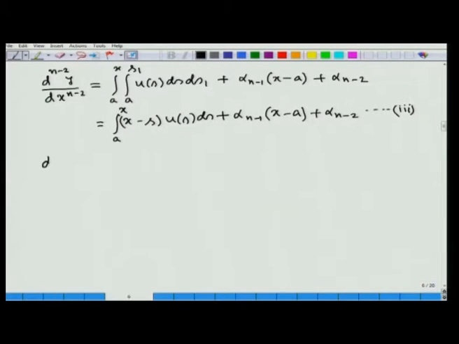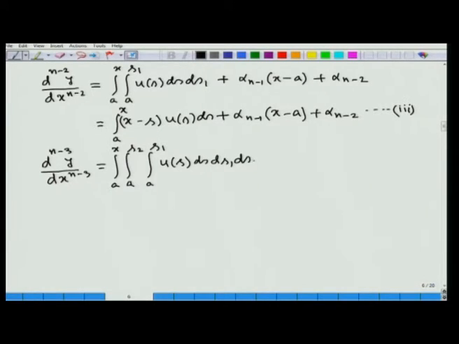So, using that technique we can find d^(n-3) y/dx^(n-3), which will be equal to the integral from a to x, integral from a to s2, integral from a to s1 of u(s) ds